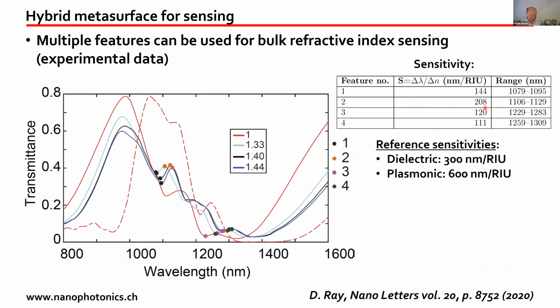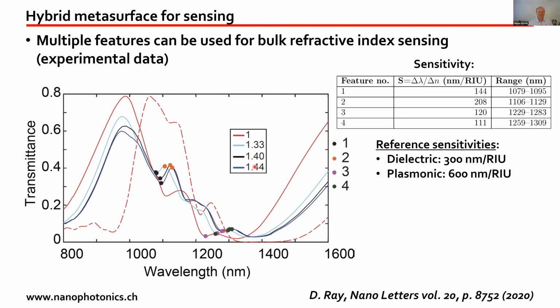So what we tried to do with that was to make some sensing. We did bulk refractive index sensing. So the idea is you take your metasurface and you immerse it in different liquids, and you hope that the optical response is going to change with the refractive index of the liquid. So you see here in air, it's the red curve. These are all measurements. If we then immerse it in water, we see that the response changes. If we add some glucose in the water, it changes further. And if we add more glucose, it changes further, and so on and so forth.